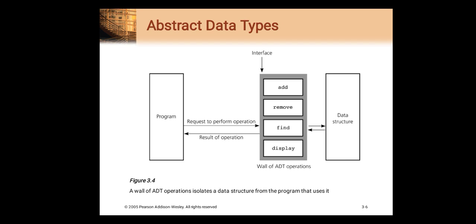In this way the abstract data type forms a wall, or is a mediator, between the program and the data structure. It will help you to write a program in an easier manner, because you have data, you think about which operations you are performing, you write the logic for that, and after that the only part that remains is writing the program. Once you have all things in your hand, it is easy to write the program with the help of abstract data types.